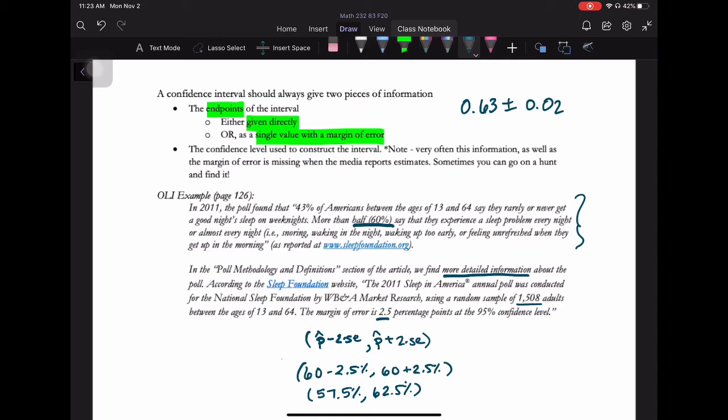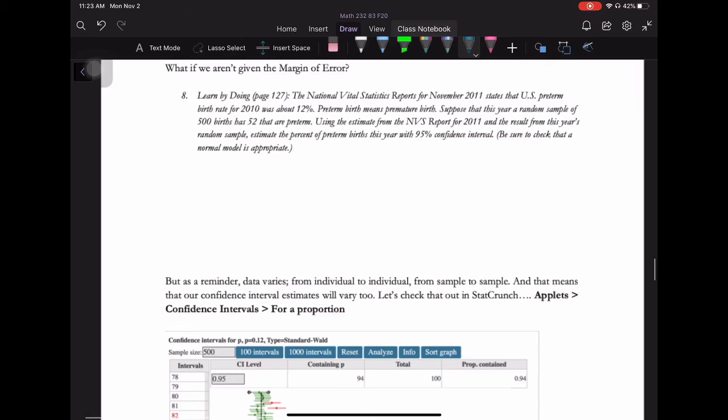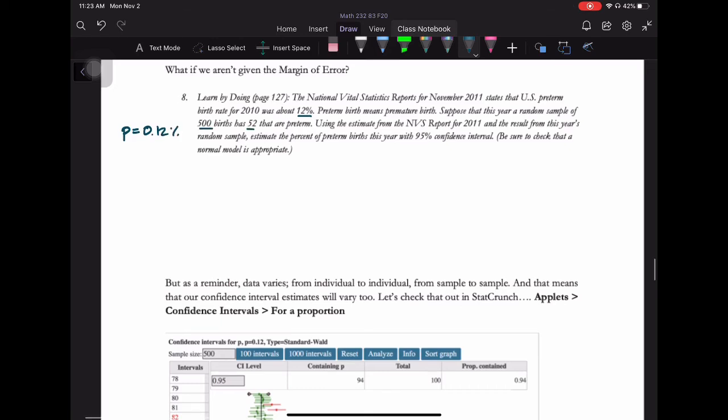But what if we don't have the margin of error? Now, the National Vital Statistics Report says the preterm birth rate for 2010 was about 12%. That is saying that p is 12%. That's the proportion of the population. Suppose this year a random sample of 500 births has 52 that are preterm. That means that our sample proportion is 52 out of 500. Using the estimate from the NVS report for 2011 and the results from this year's sample, estimate the percent of preterm births with 95% confidence. Okay, well, 95% confidence, we know that we need to take 2 times the standard error,